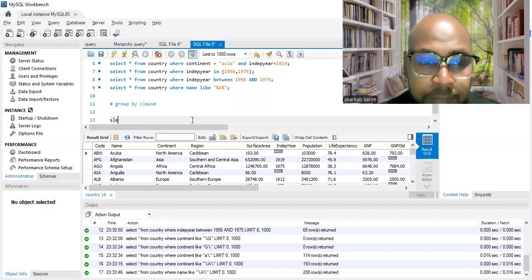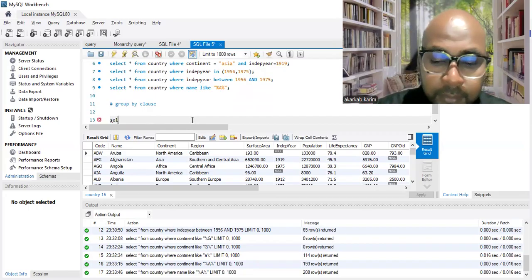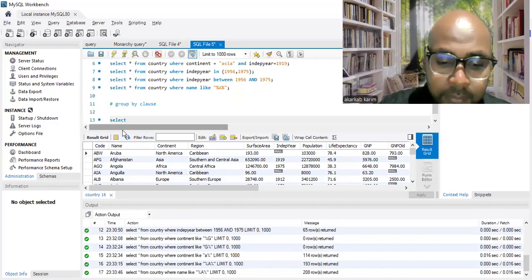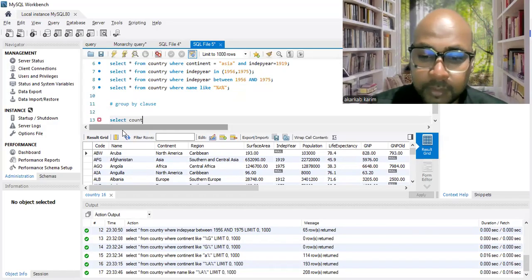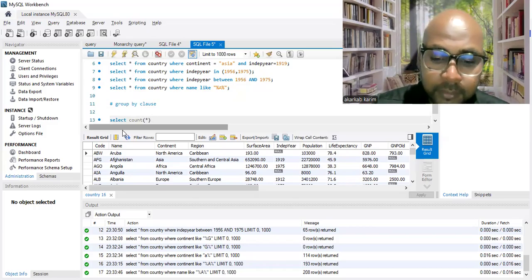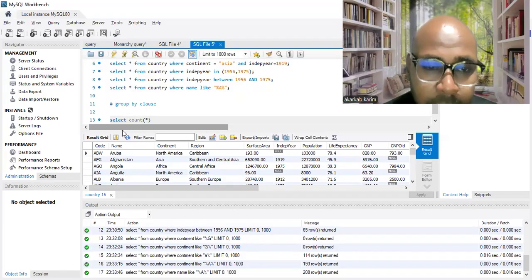So let's count. We want the number of the countries that we have in each continent.